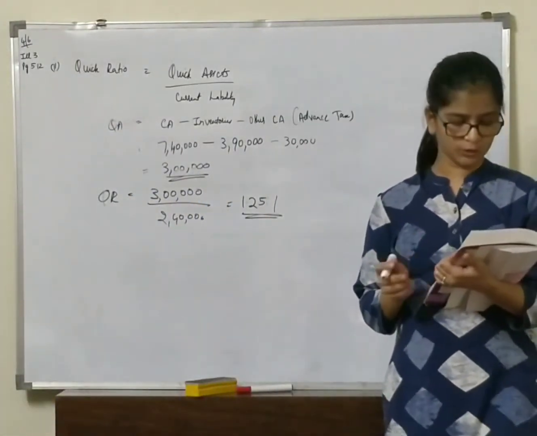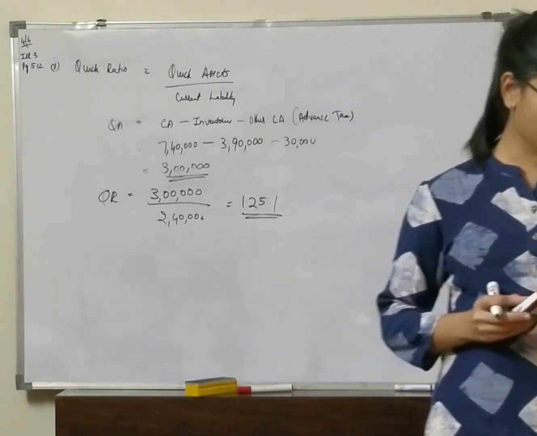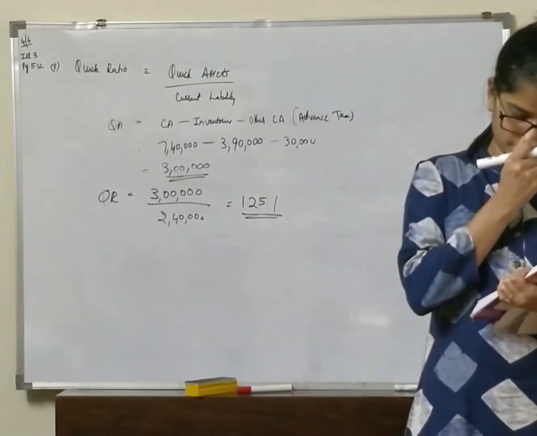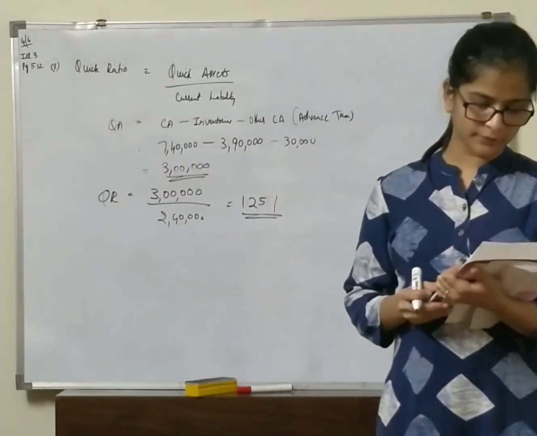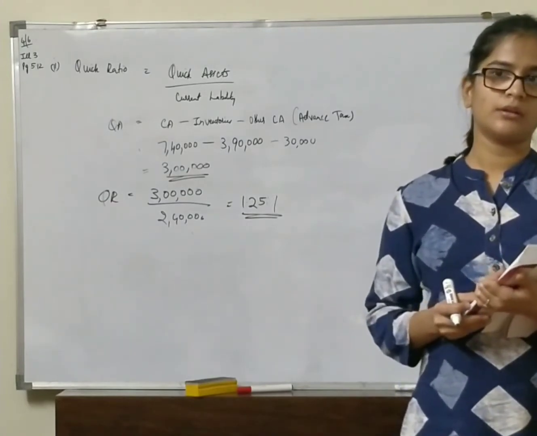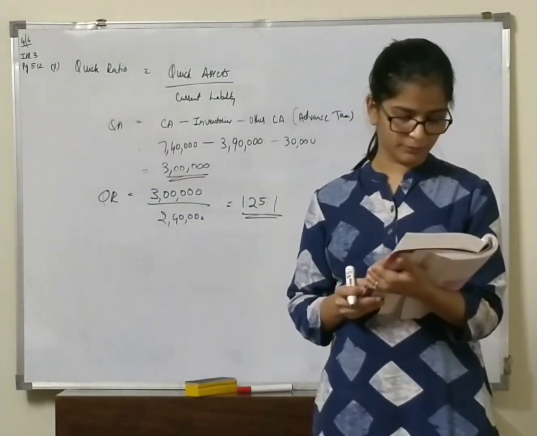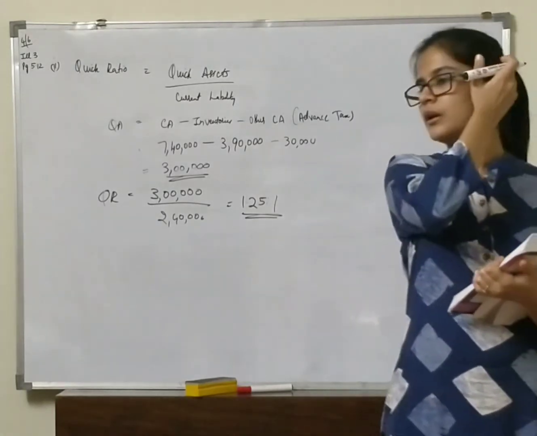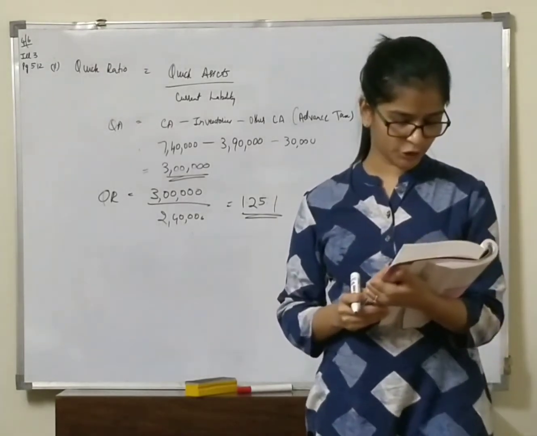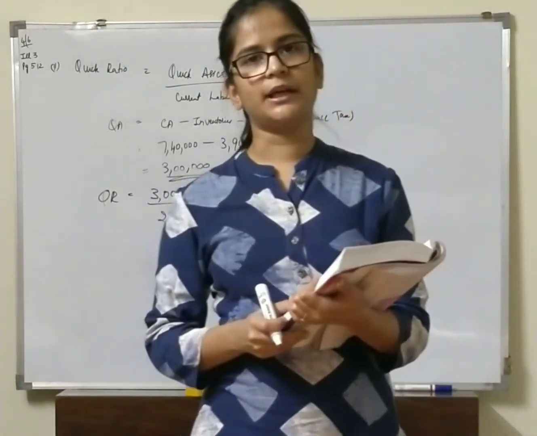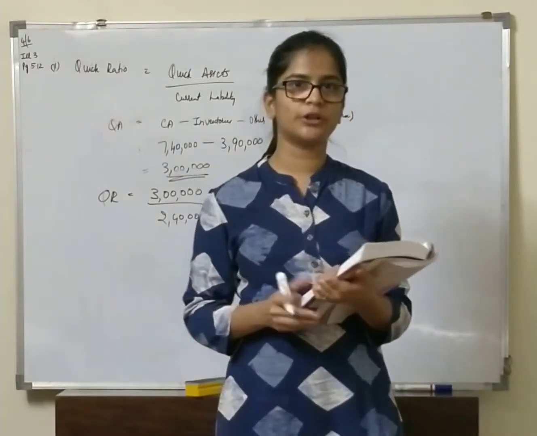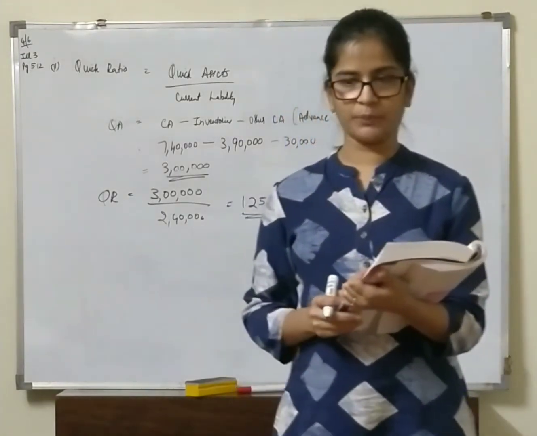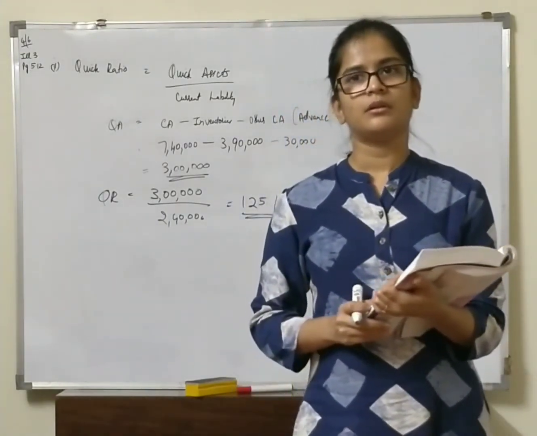So write down just a small note: leave a line and write down the note. It is important to note that provision for doubtful debts is deducted from trade receivables for calculating current ratio and quick ratio. Leave a line, next line you write conclusion or interpretation, whatever you wish to write. The short-term financial position of the company is sound